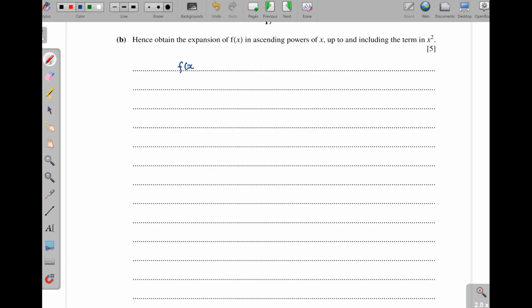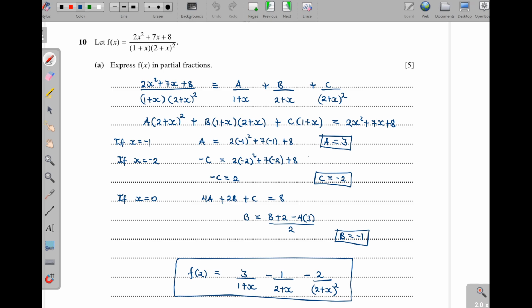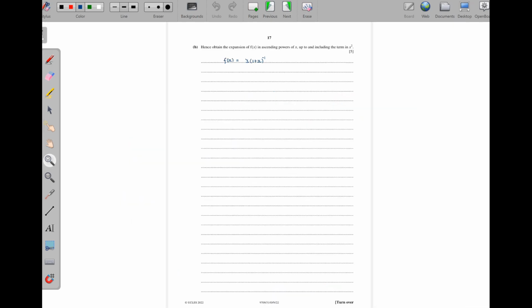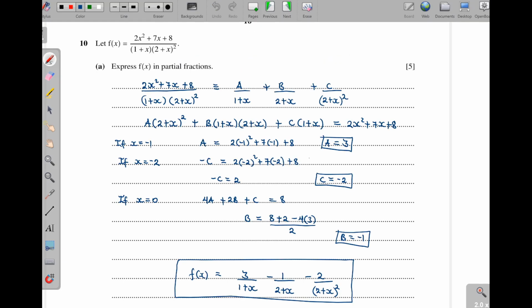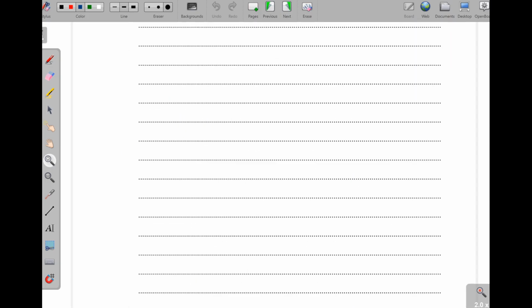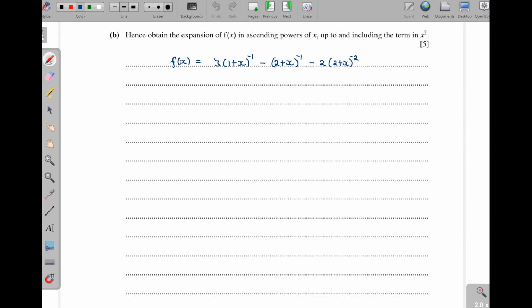So our f of x, we're going to use indices, is 3 over 1 plus x here. So that means I would just write 3, then 1 plus x to the power of negative 1. Then we have this 2 plus x will go up. So I'll have 2, there's a minus here, then 2 plus x to the power of negative 1. Then there is a 2 here, then 2 plus x to the power of negative 2. Not so? Yes. Okay, now using the binomial expansion, we know that a plus b to the power of n,